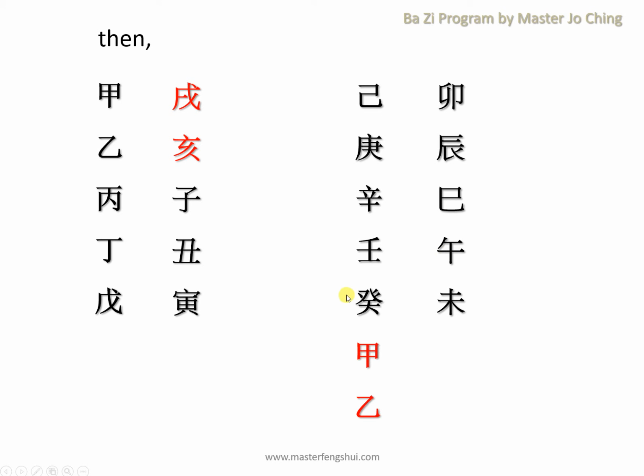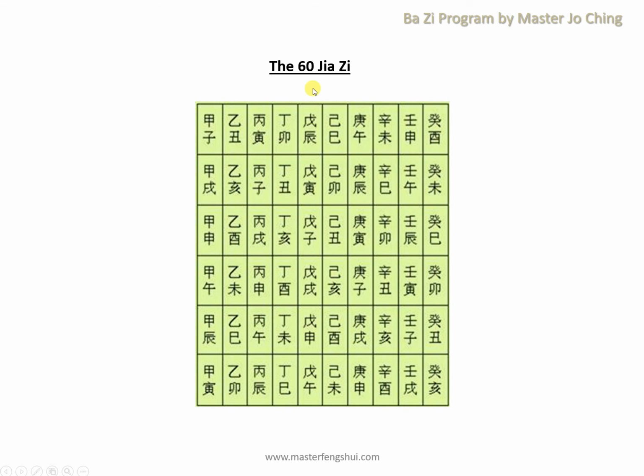And of course, 癸 being the last stem, then what happened? Then you repeat the stem cycle. Start with 甲 and 乙 again. And of course, after 午未, then you have 申 and 酉. So you keep them going. Okay, repeat the cycle. So you end up with this thing called the 60 甲子, which is frequently called the 60